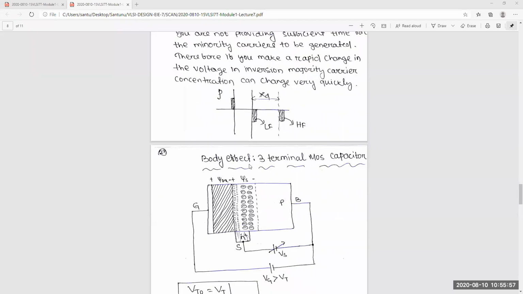So this is nothing but the inversion charge. That's why you have seen the straight line after the threshold voltage. It's a straight line, so the capacitance will be almost C0. But during high frequency, this part will not be there. So this is the part, and that's why its capacitance is almost constant. In between, you can easily calculate for high frequency and low frequency. It will change with the frequency also. That will vary.